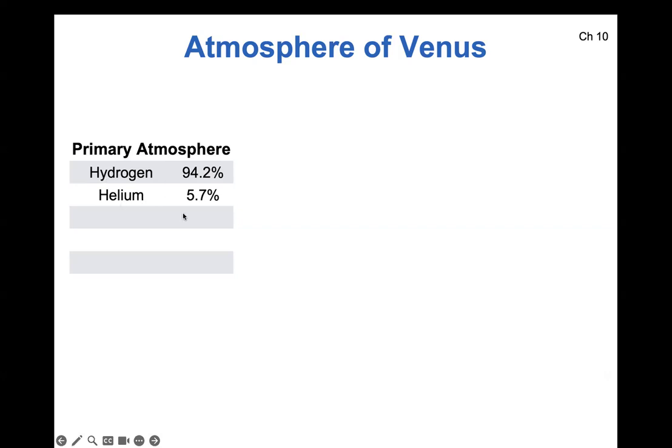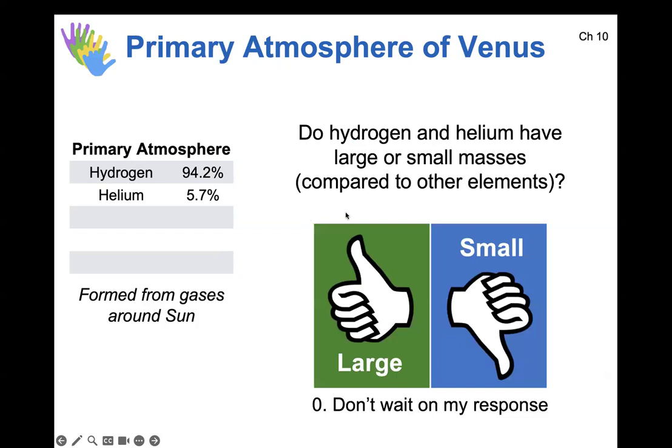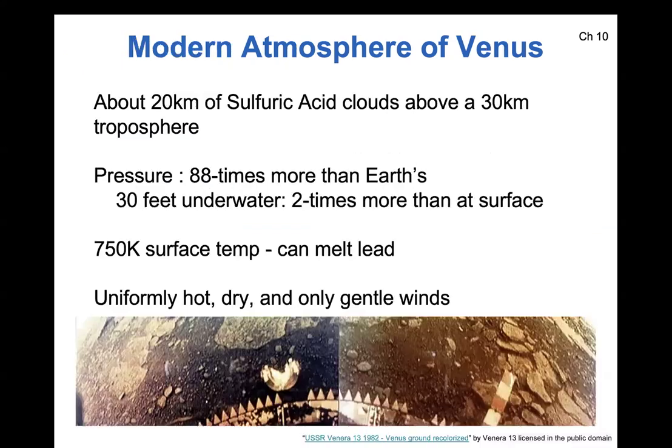And that they were hydrogen and helium, right? Formed from gases around the sun. And we already know, do they have large or small masses? Small, right? This is literally the same slides because it applies to Venus just like it applied to Earth. And they probably repeated them in case you want to do them in a different order. Okay. Now,